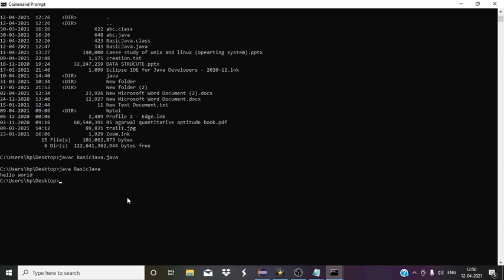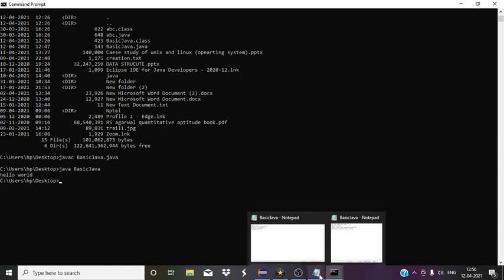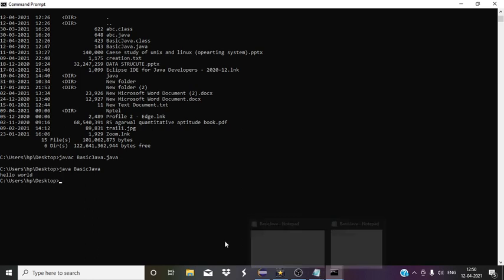So this is actually a difficult task. First we have to write on the notepad, then we have to run it on the command prompt in order to print it. But there are alternative options. There are some IDEs such as Eclipse, where we only write the programs, run them, and it gives the desired output. That we will discuss in the next lecture.